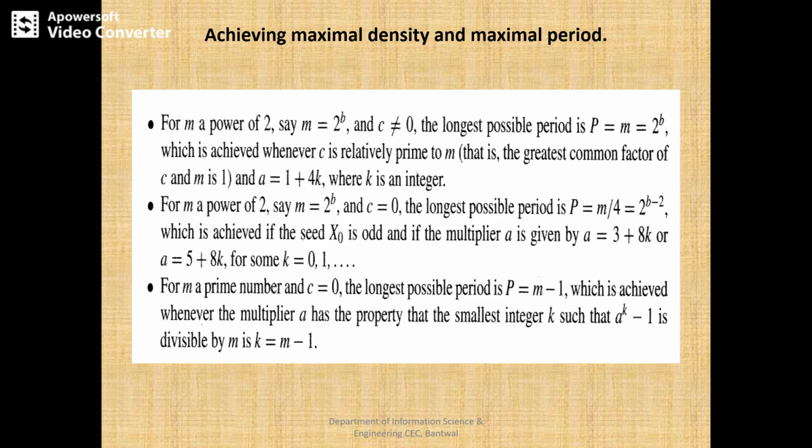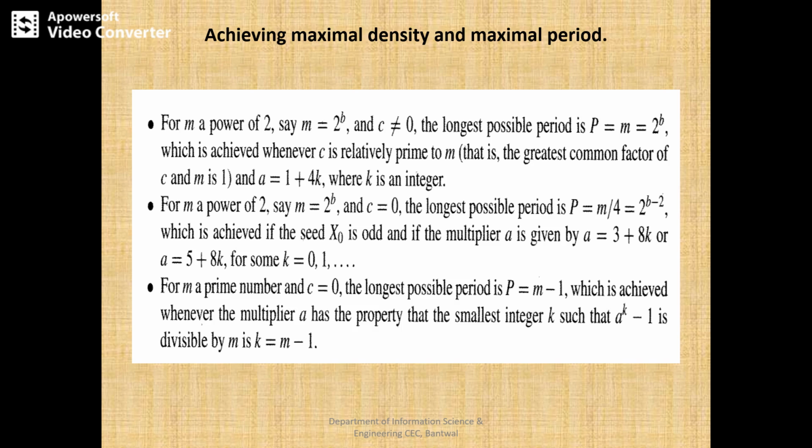After that, another variation in the linear congruential method: we should recall the equations for achieving maximal density and maximum period using this kind of relationship. We recall A equal to B (mod M), which means B minus A is divisible by M with no remainder. That is the relationship of that particular equation.